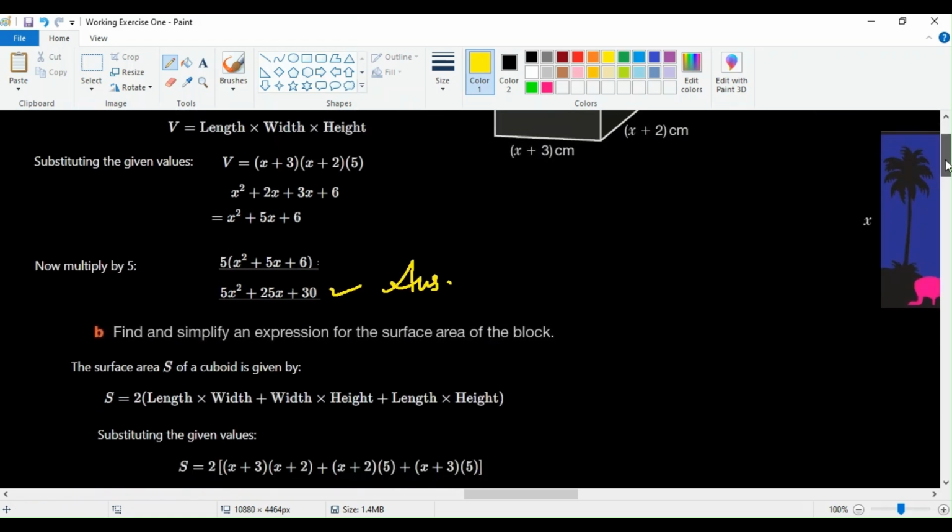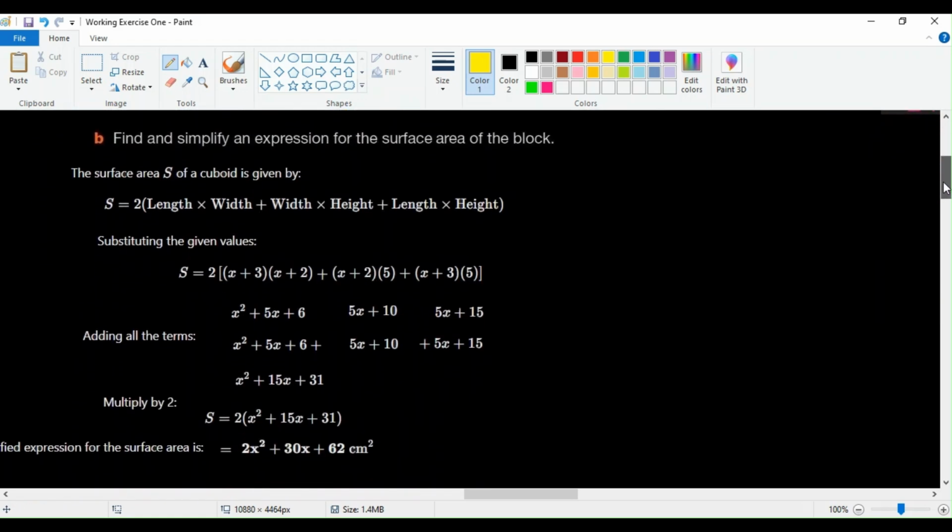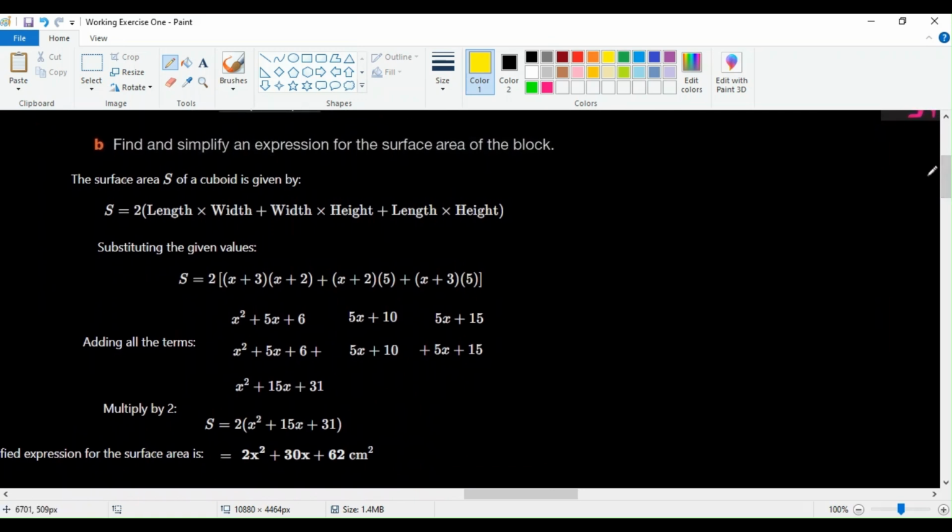When it comes to part B, it says find and simplify the expression for the surface area of the block. So the formula for surface area is 2 times length times width plus width times height plus length times height. Now we know very well that we have already found x plus 3 and x plus 2. This gives us this one, and this is to be added to x plus 2 times 5, which is the width and the height. These two are going to be multiplied together,